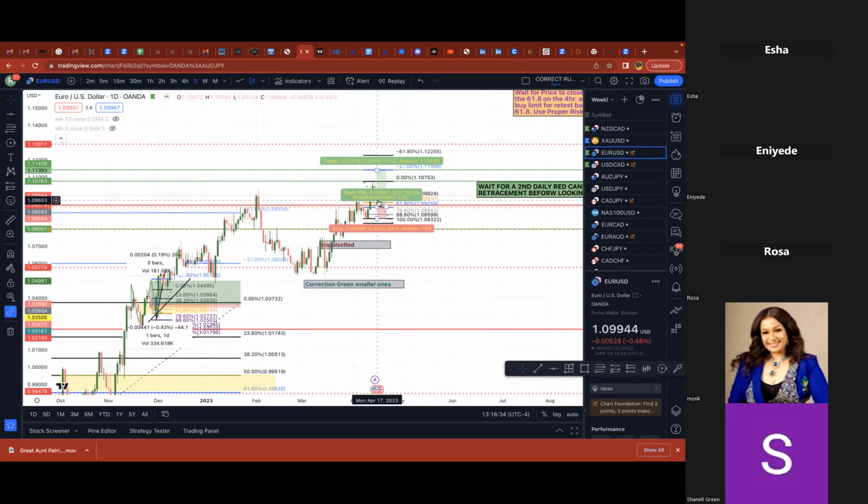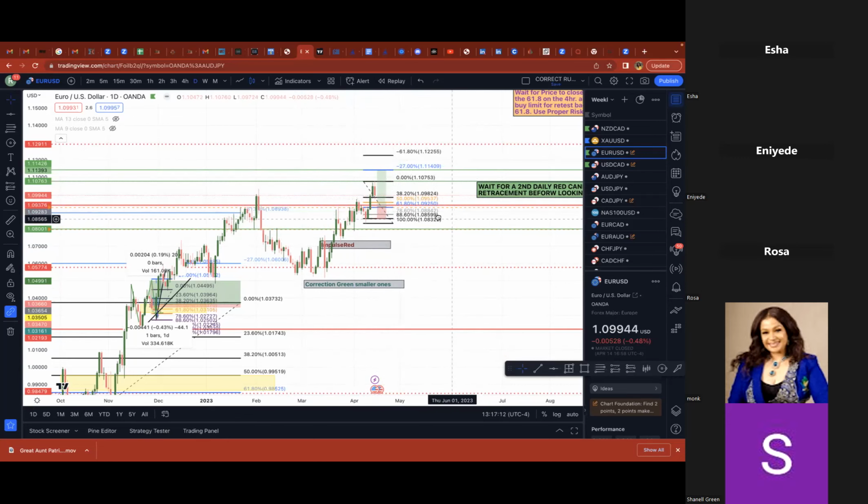If the dollar goes up, you know EU is going to continue to drop. Another thing, with the ICI y'all don't have to worry about news. Whatever happens with news is going to be in confluence. If something happens to where this doesn't play out, don't take the trade. That's the end of the story, because it needs to give us our second daily retracement candle and then close above the 61.8. If something happens with news, it'll show on the chart.